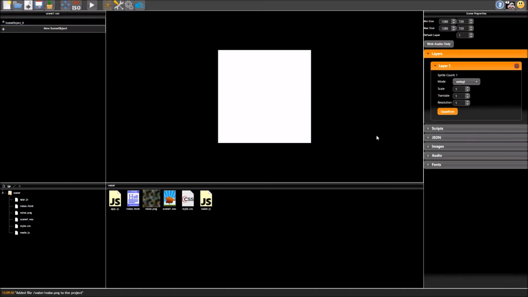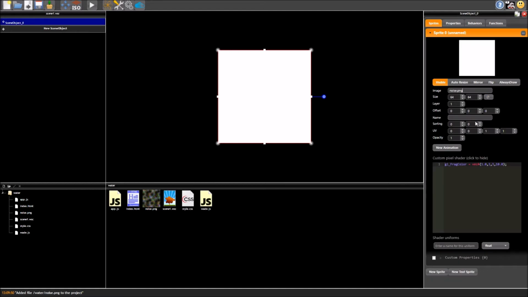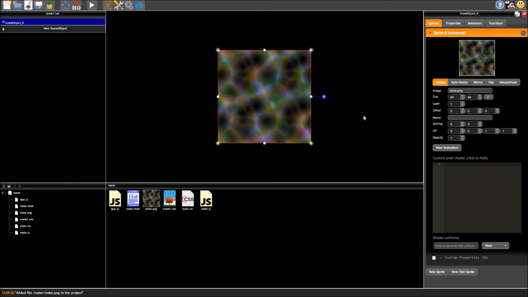So I do that, and it hasn't found it. Or has it, you may ask? I almost confused myself. Now, of course, our current pixel shader is overriding this, so I'm just going to go ahead and delete that. And there we go. So if you don't enter anything in the pixel shader, it just runs the default one, which is what Wade would use normally to display your texture. So this is what the texture looks like, and it is a bit odd, but again, that is because it is just lots of different noise images added together.